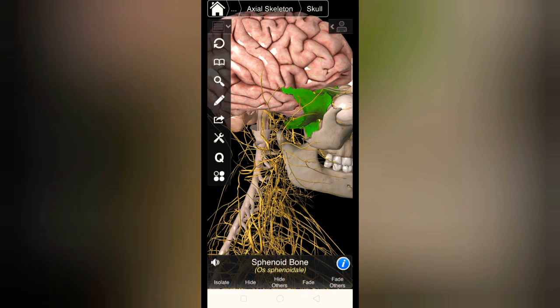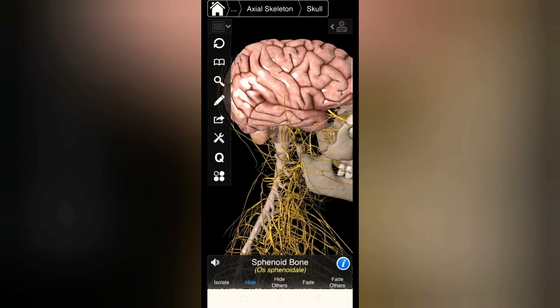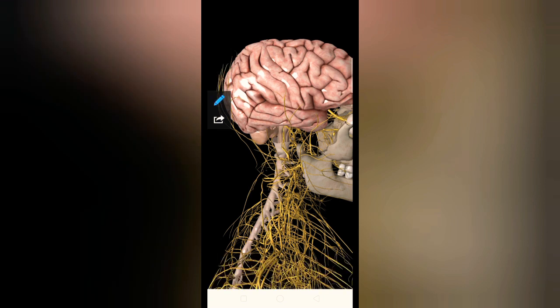This is our lateral sulcus. Now, let me hide the sphenoid bone. The lateral sulcus is also an example of an interlobar sulcus. It is dividing lobes. This is our temporal lobe; below the lateral sulcus we find our temporal lobe. Above it we have a central sulcus, which is dividing the frontal lobe and the parietal lobe. So we got our three lobes, frontal lobe, parietal lobe and the temporal lobe, and the two sulcus, central sulcus and the lateral sulcus.